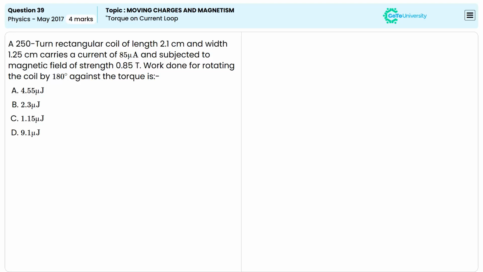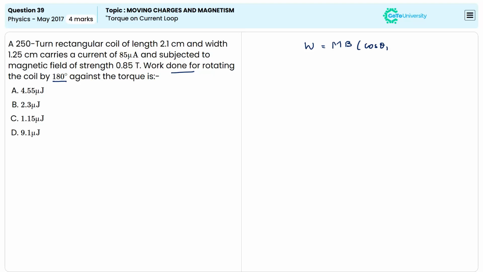What is the value of work done for rotating a coil by 180 degree against the torque? The value of width and length, the current and the magnetic field are given in the question. It's known that the work done in rotating a coil can be calculated using a formula W is equal to